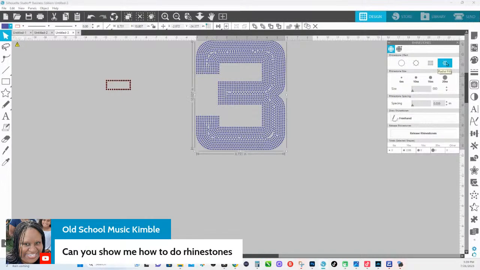But at its core, you start with some sort of vector file, whether you are typing it out, you are creating the shapes yourself, or you are tracing it, and then you simply apply the rhinestone function. It must be in the size that you want it to be. If I wanted this 3 as a rhinestone template, and I'm putting it on shirts from a